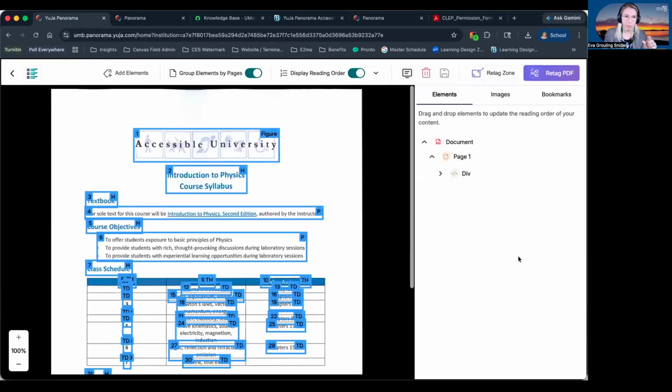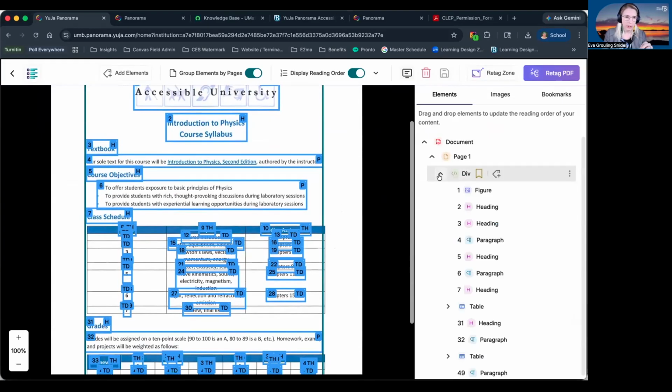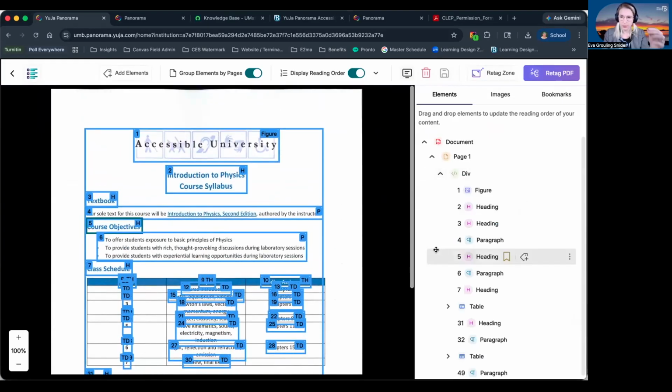This tool is a bit more advanced, so I recommend to folks only to dive into structural remediation, one, if you have experience with accessibility, and two, to fix or address certain specific issues. Structural remediation is going to expose to you the structure of the document.